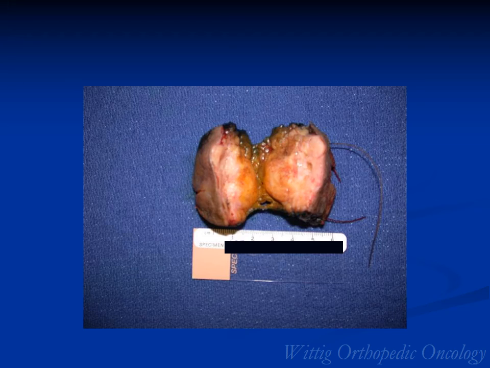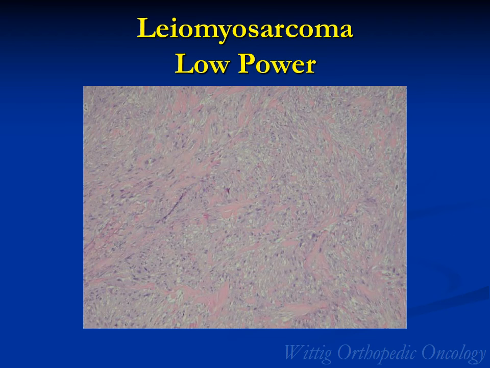Another example of a gross specimen. This is a low power view of a leiomyosarcoma. This is a histological sample, and again, a leiomyosarcoma is a spindle cell tumor. And what you're going to notice are nuclei that are cigar shaped. It looks like many of these nuclei are cut longitudinally, and some of them are cut in cross section where they look rounder. In the cross sections, you can often see some cytoplasm around the nuclei with some filaments around